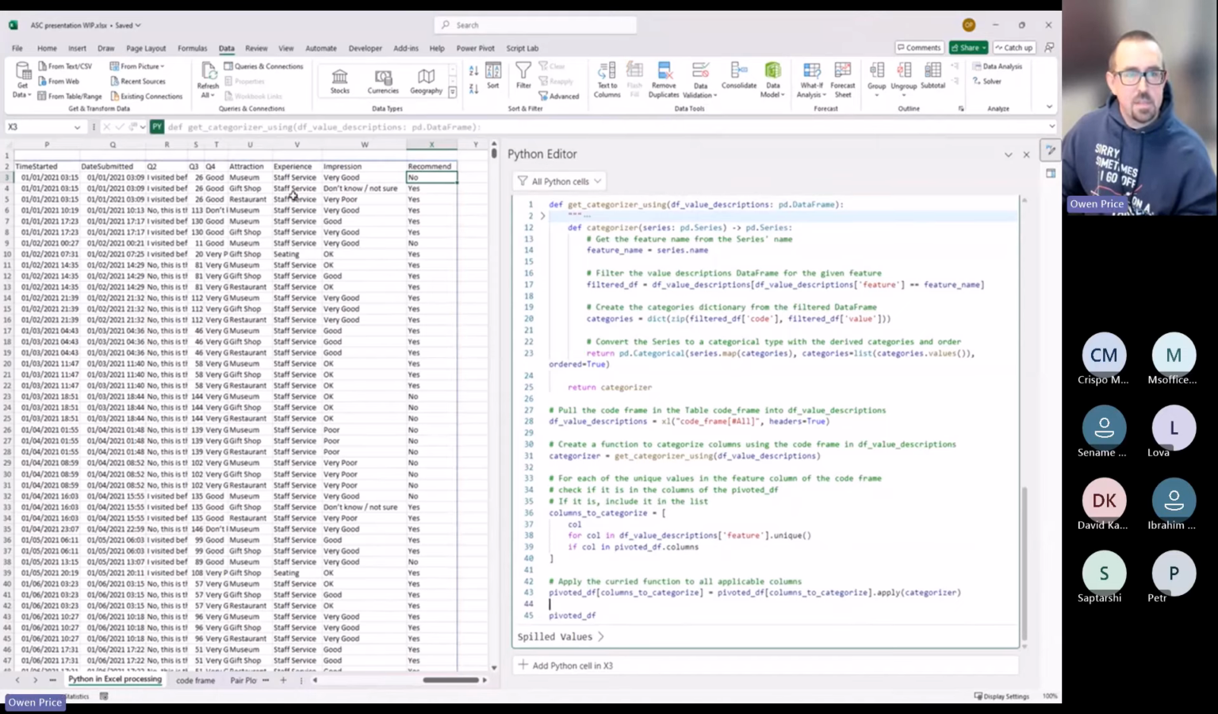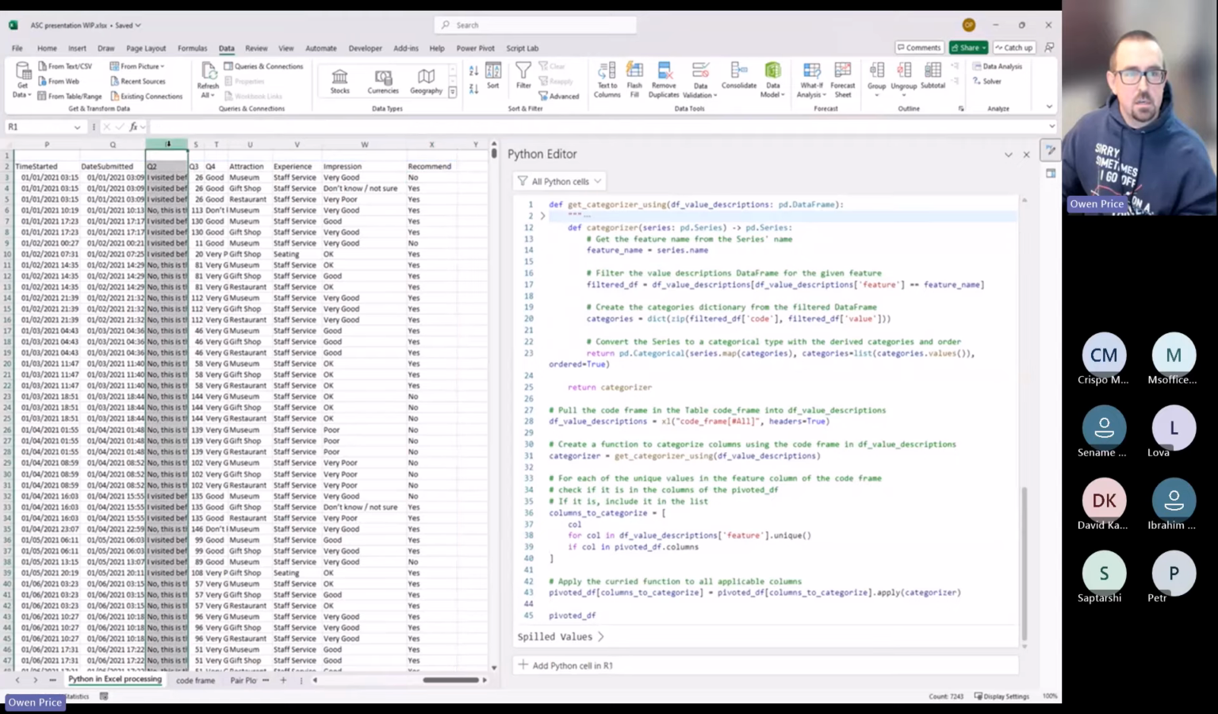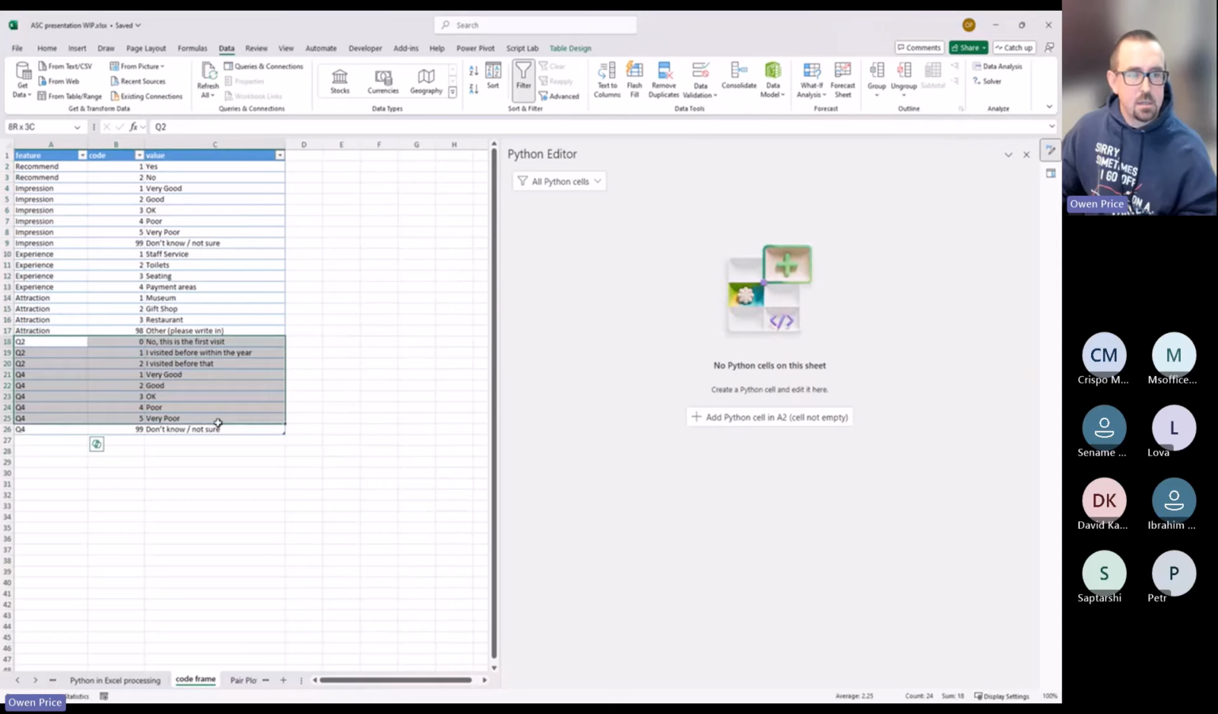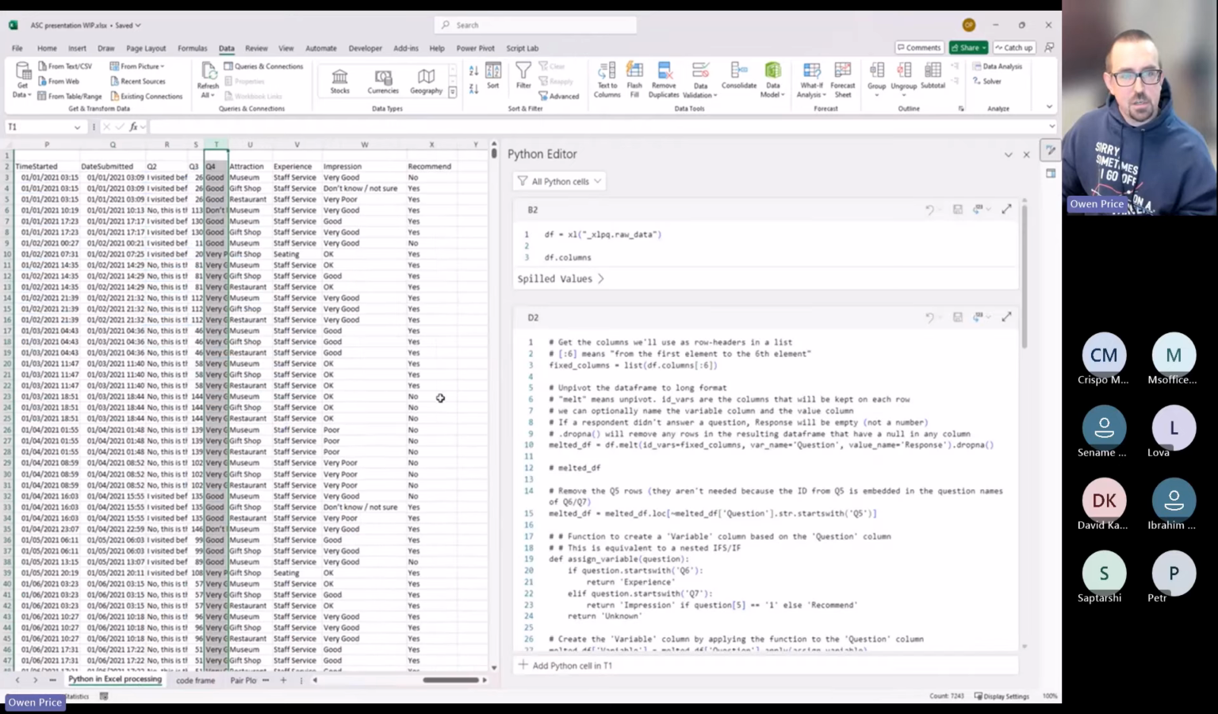So that has done the same thing, but in addition, it has coded Q2 and Q4 because the code frame included codes for Q2 and Q4. So I could put as many descriptive relationships in this table as I want, and I wouldn't have to change the code to replace the numbers with the text, or to add the text to the numbers, I should say. There's just one more thing to show you, which is